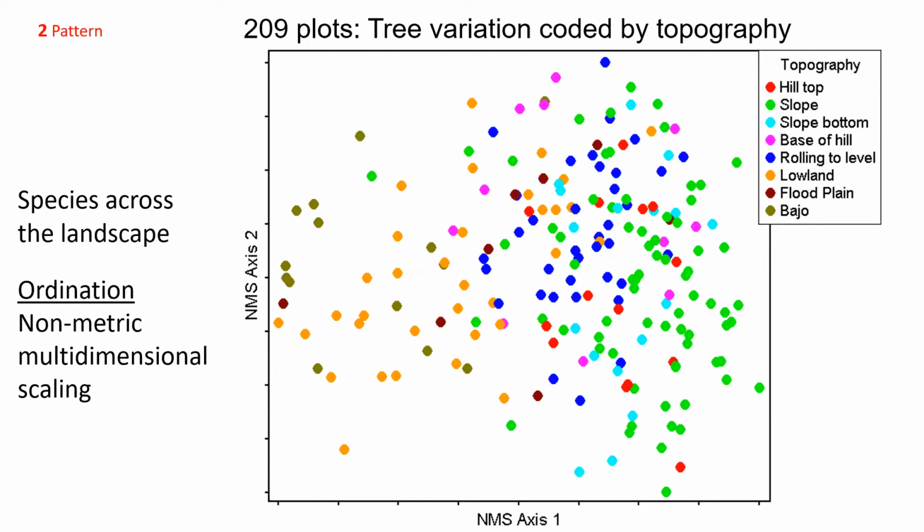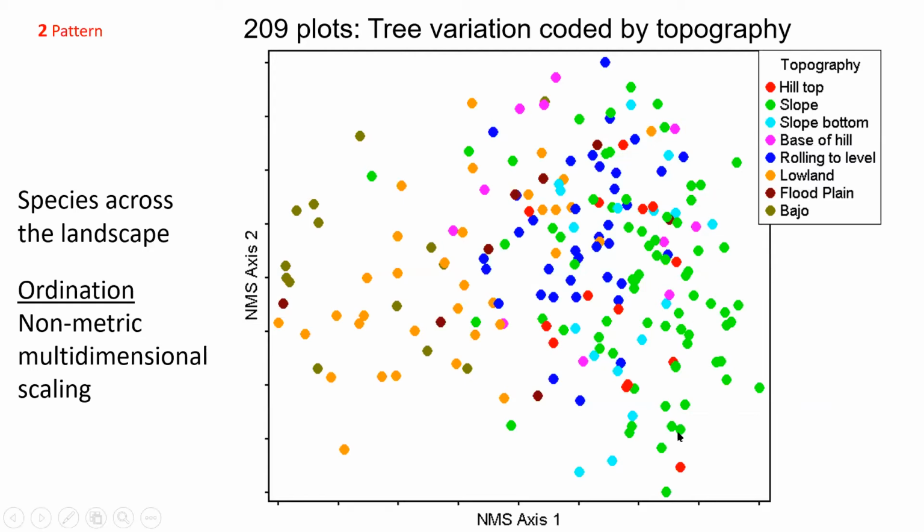All these 209 plots, not a single one of them the same as any other plot in terms of composition. By composition, I mean using both which species are there and their abundances. So you can look at this and get some idea what it means. As I mentioned, we took data on the topography and soil, which we'll get to a little later.